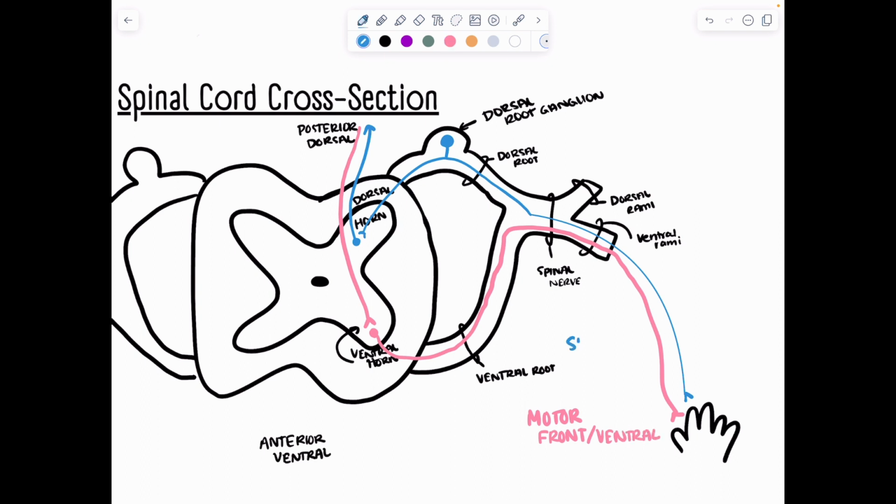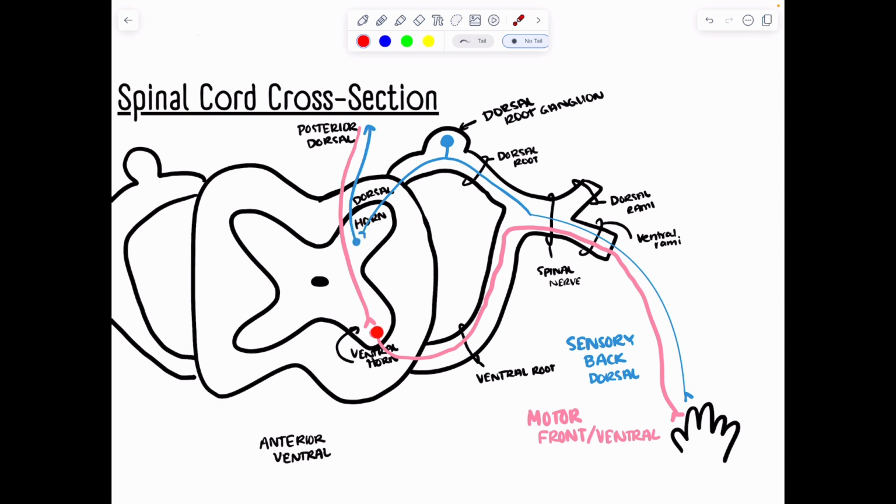And sensory is in the back, or it's dorsal. And that's even in the brain, right? The parietal lobe is in the back, and that one had sensation, and the frontal lobe is in the front, and it had motor. So now, using those examples that are in your workbook, if we go through them, right,